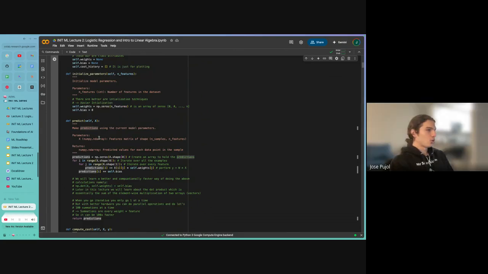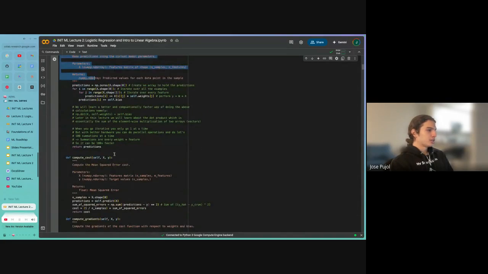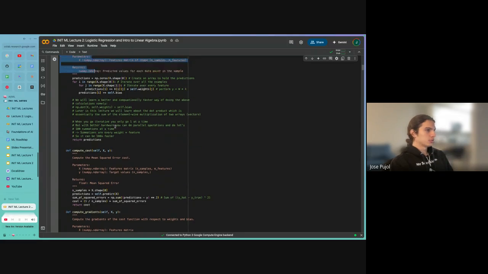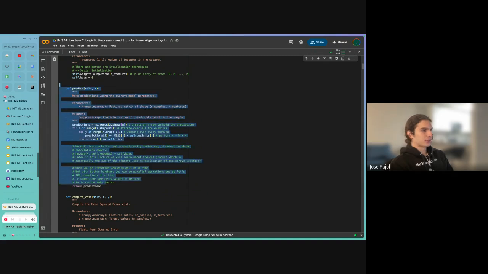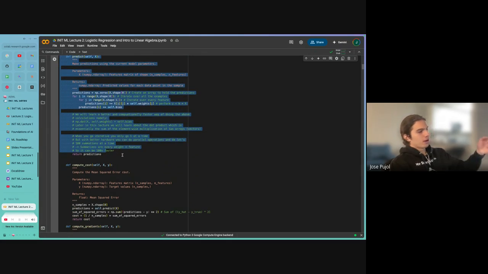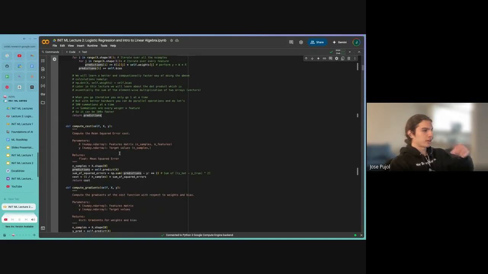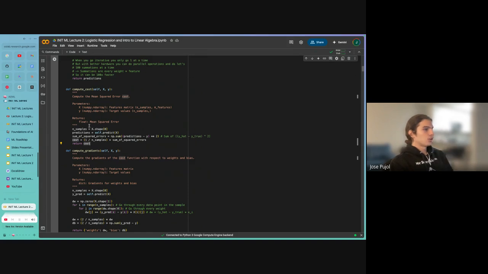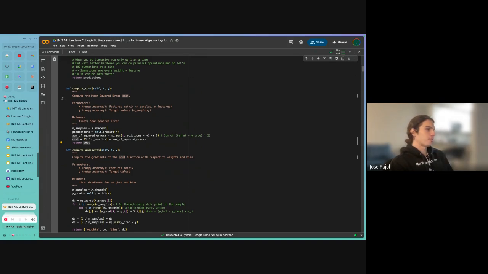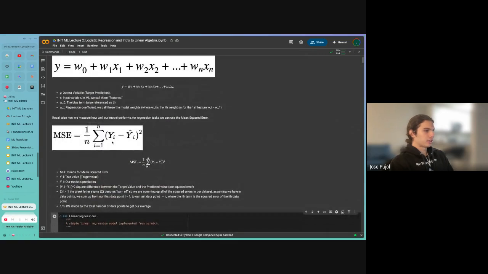Okay, so we've initialized our parameters and we make our predictions, so now we have our model. The power of our model is in making the predictions. So now we want to optimize our model to make better predictions. Let me go over the cost first. This is just implementing mean squared error. Recall that mean squared error looks like this: we take the average of the squared error of all our examples.